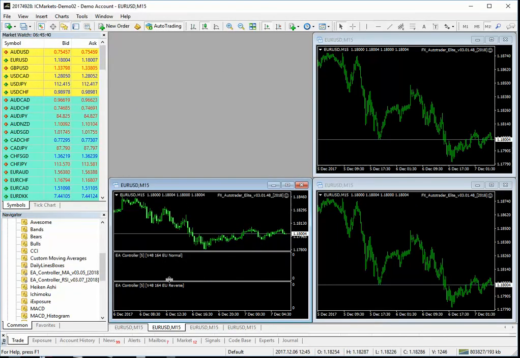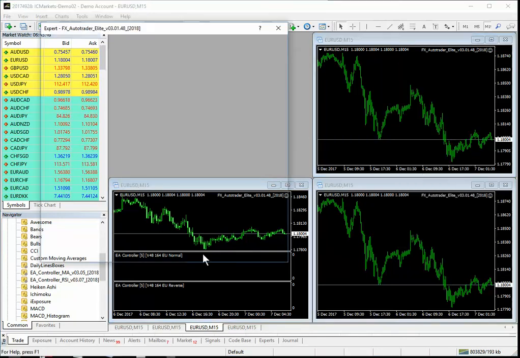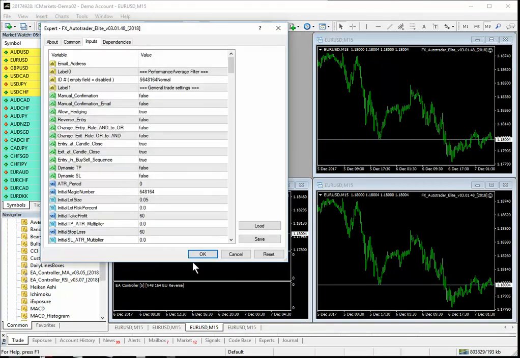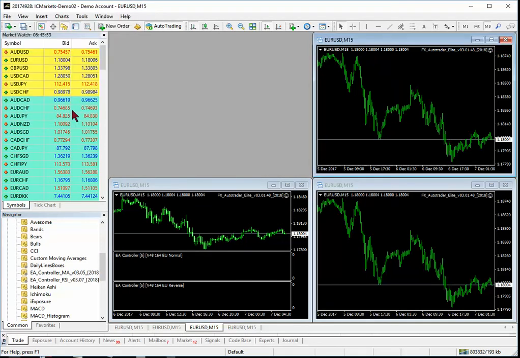And it has two controllers. One controller is controlling the normal version, which I think is probably this one, but let's have a look. 6, yep. There you go. So that controller controls the operation of that one, and this controller controls the operation of the